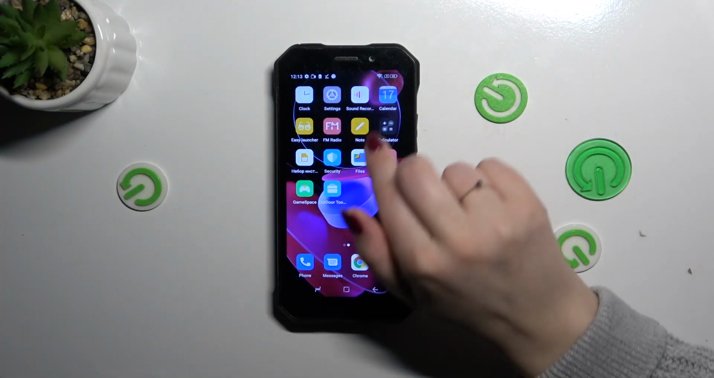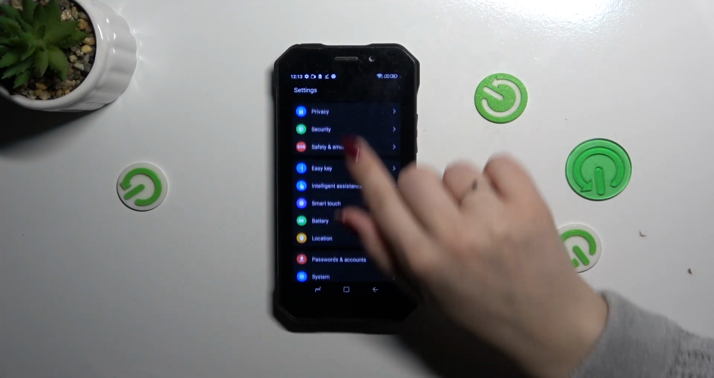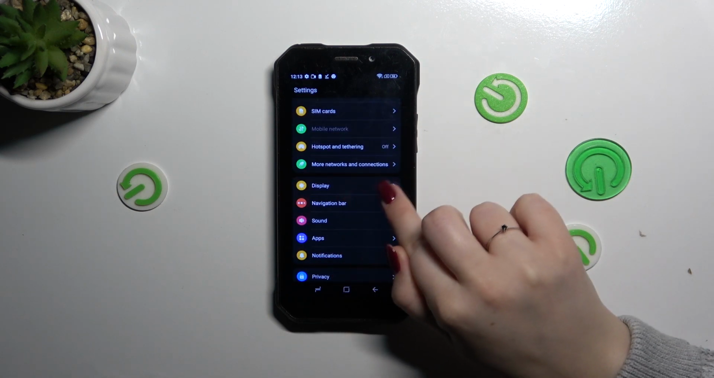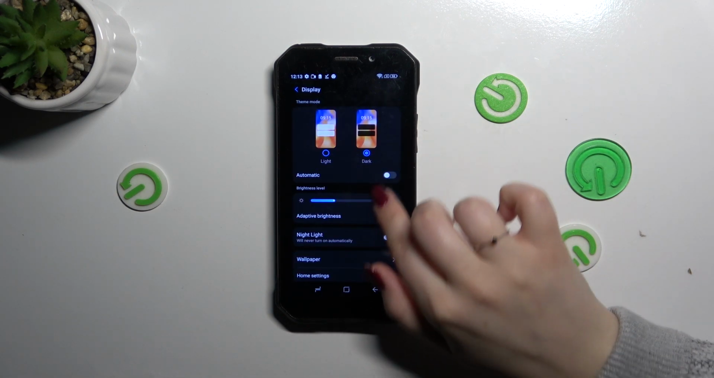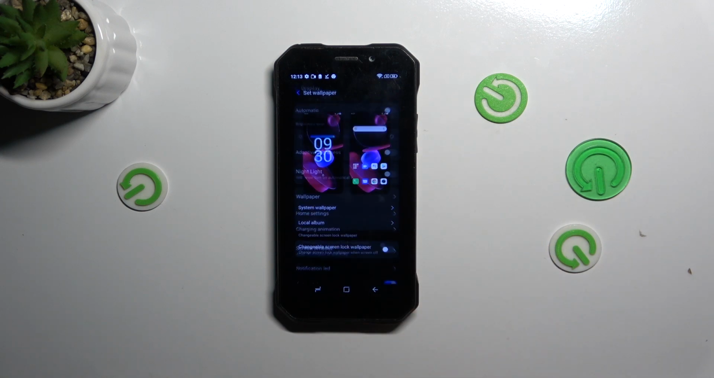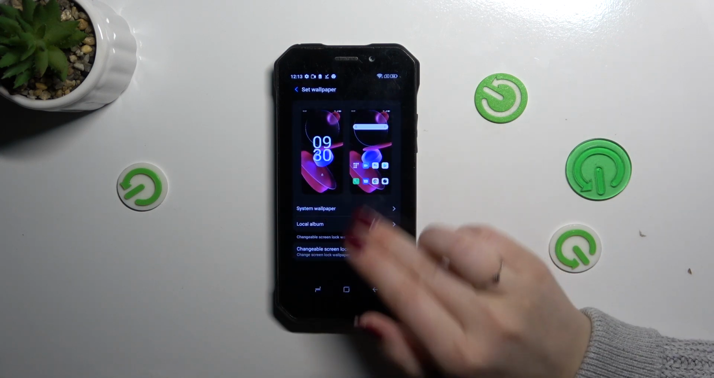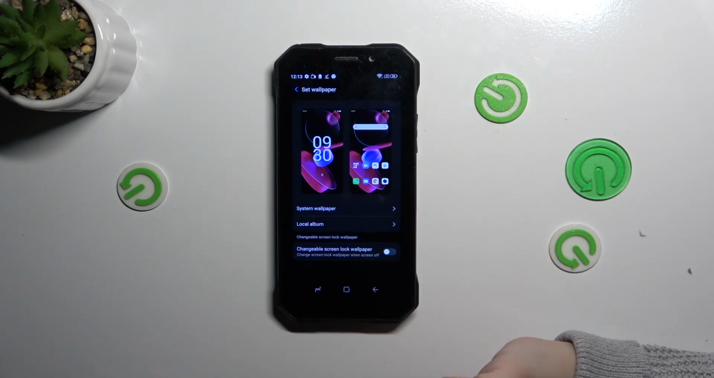So let's start with finding and opening the settings, and here we have to scroll until we find the display section. Let's tap on it. Then we have to find the wallpaper. Let's open, and as you can see we can check the preview of the lock screen and the home screen,